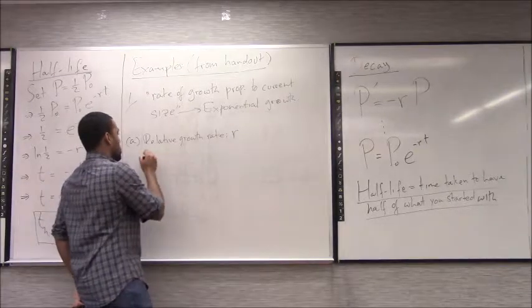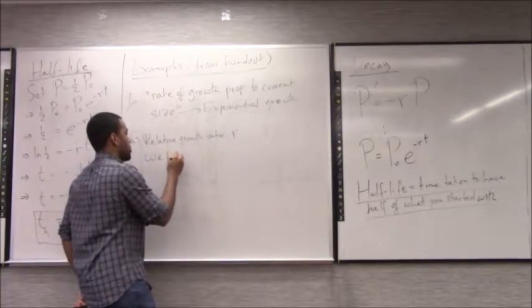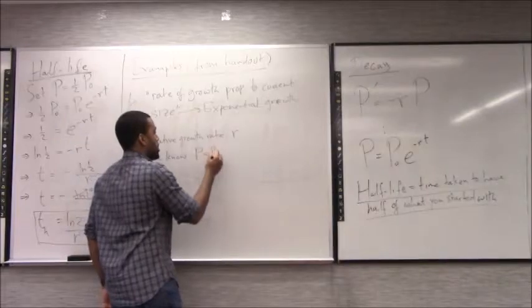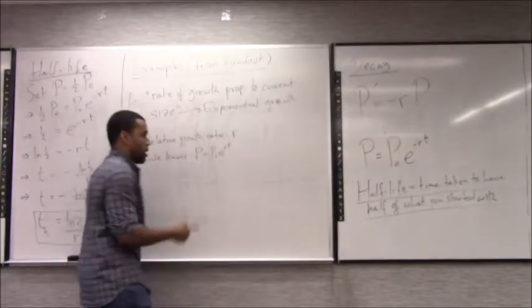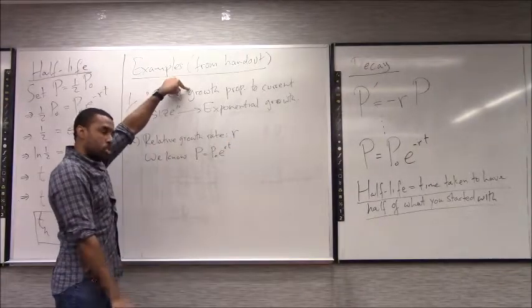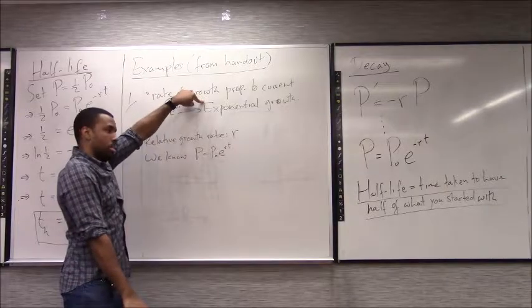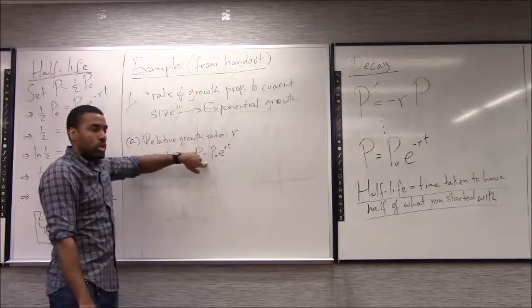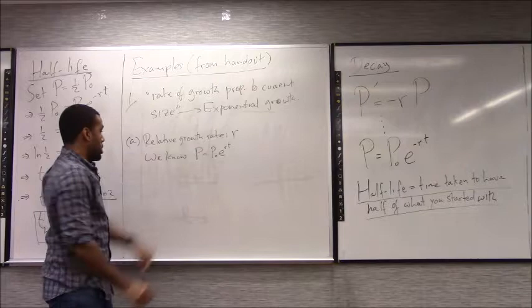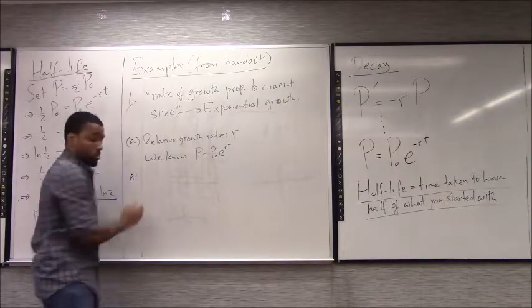Okay. So we know P would be P naught e to the RT. How do we know that? Because we're told that it grows proportional to its current size. It exhibits exponential growth, therefore this equation will govern its current size. We also know at